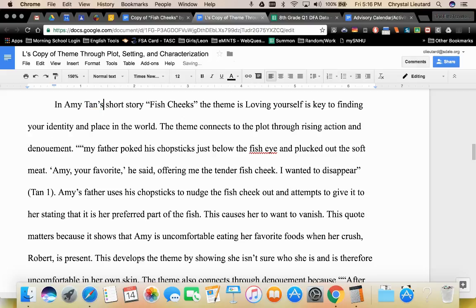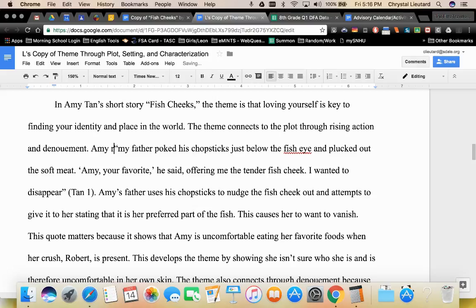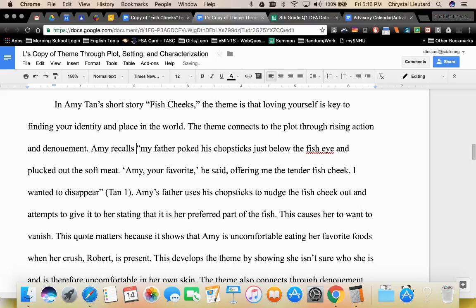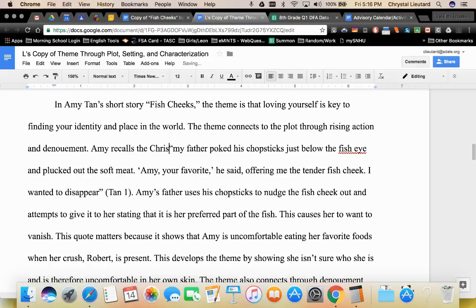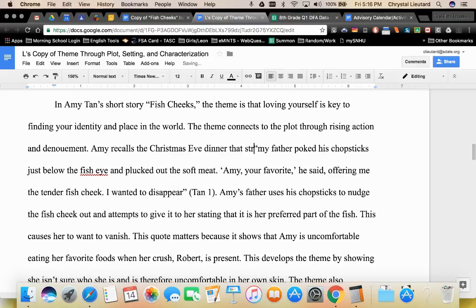she wrote it. In Amy Tan's short story, Fish Cheeks, the theme is that loving yourself is key to finding your identity and place in the world. The theme connects to the plot through rising action and denouement. And then I have this quote. So let me lead into this quote by saying, Amy recalls the Christmas Eve dinner that stressed her out,